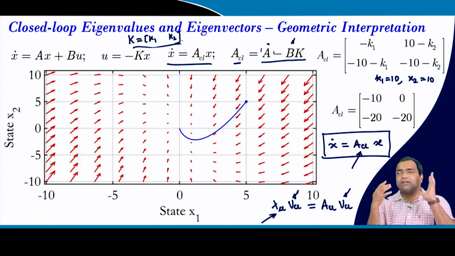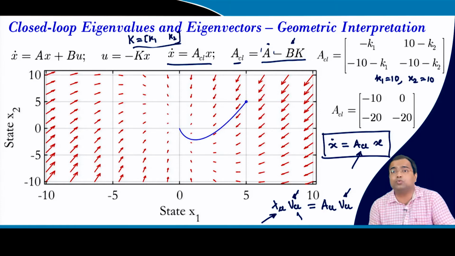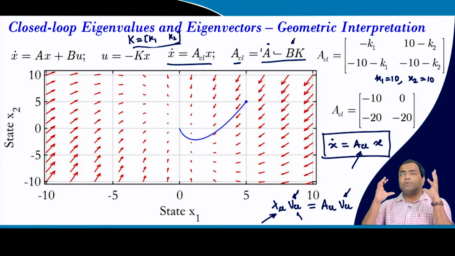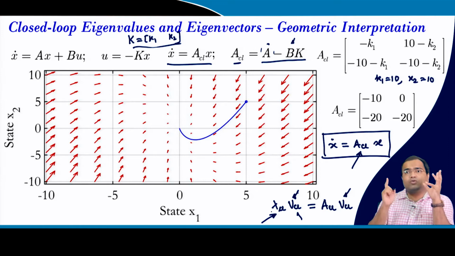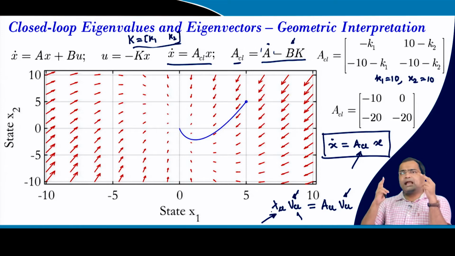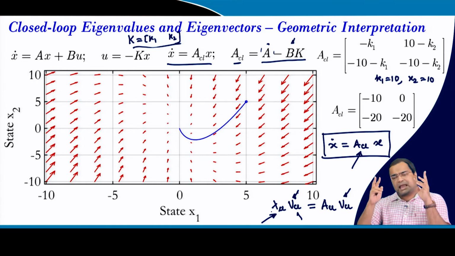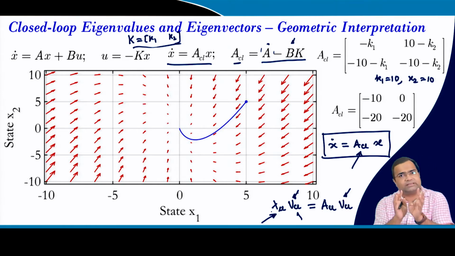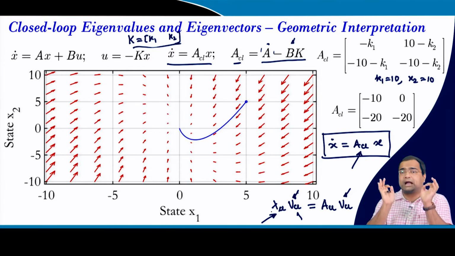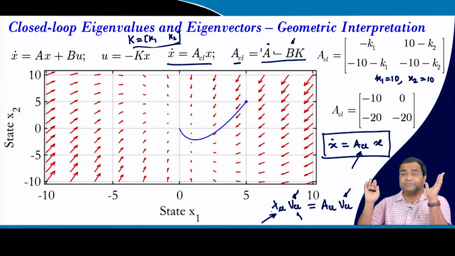But what will not be in our hand is how to place the closed loop eigenvectors. That means it is a problem of eigenvector assignment, because even though we choose a closed loop eigenvalue, our closed loop eigenvector is not in our hand. For a second order system, we will have 2 eigenvalues to be placed, and in order to place them we have 2 variables, that is K1, K2 gain. So, for getting these eigenvalues I need to choose this gain. I have no degree of freedom to place the eigenvector. So, it is only eigenvalue placement.